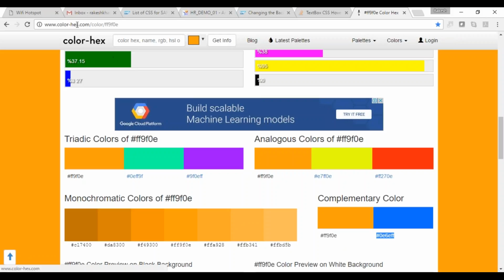So this website will give you the detail of the color. So definitely you can go while choosing the second color, right? First color you can decide, the second color, which color you want to use, you can analyze the color and based on your requirement you can select.